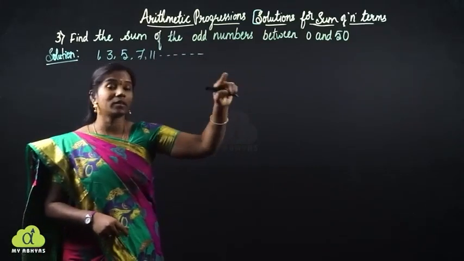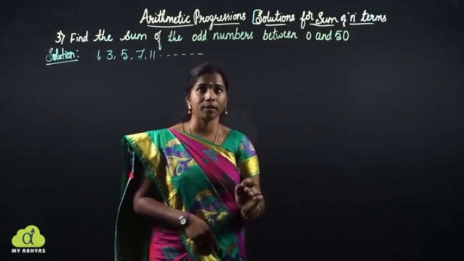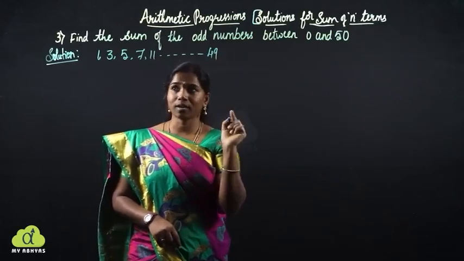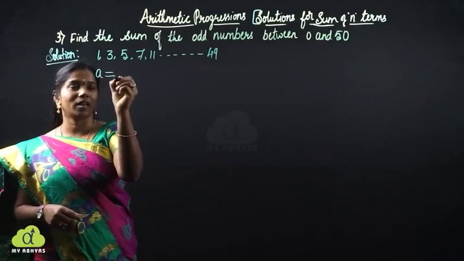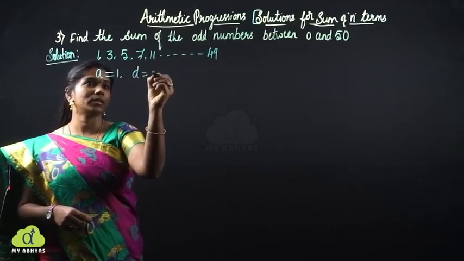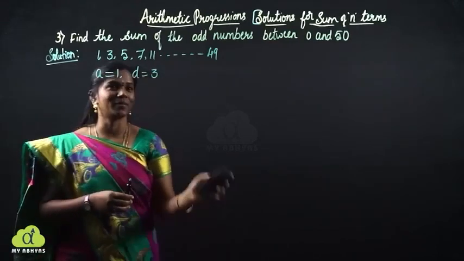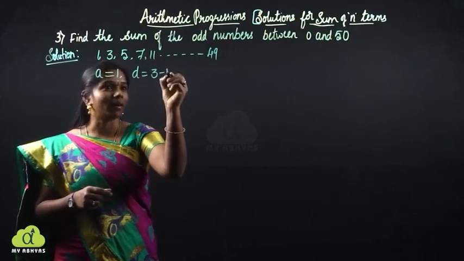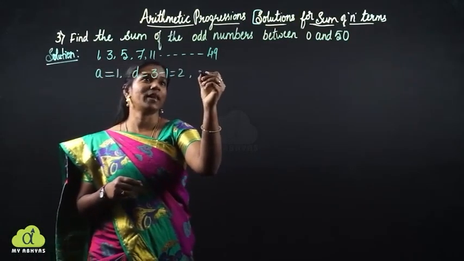The range is given here, it is 0 and 50. So, therefore, the last number has to be written, that is 49. Clear? AP is ready. So, what next? Write the value of a. a is 1 and d value is 3. How blindly I am writing. It is not 3. It is 3 minus 1, which is equal to 2. Clear? And n value is